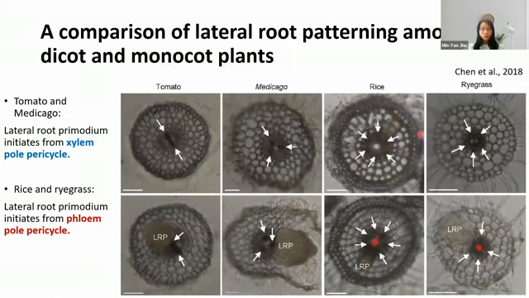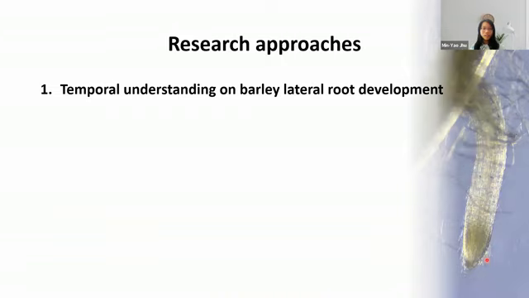But in the monocot, like rice, the lateral root primordia structure initiates from the phloem pole pericycle, which is pointed with the red arrow over here. So this shows us the developmental process between eudicot and monocot is slightly different. They do share some similarity, but there are some differences between them. So the first step before we do the engineering, we need to understand what the barley lateral root developmental